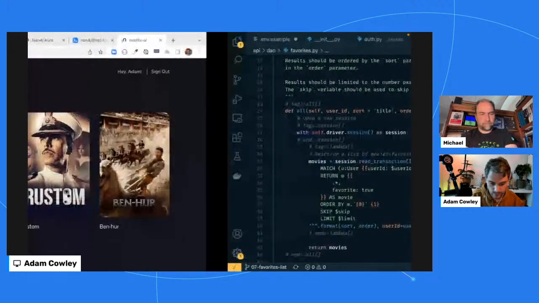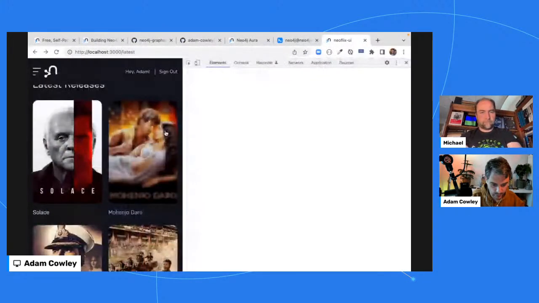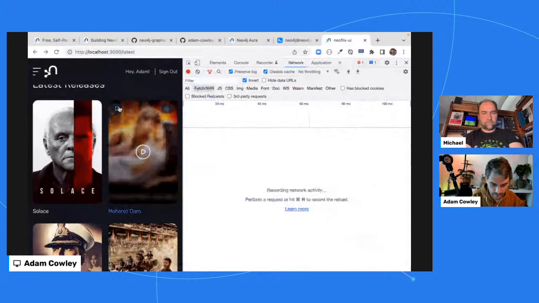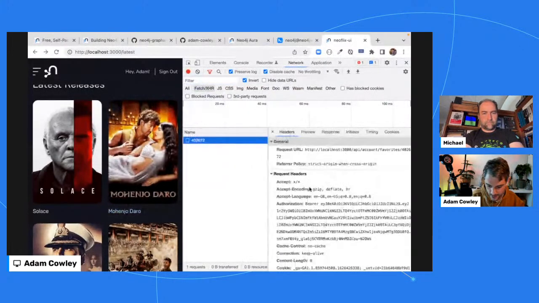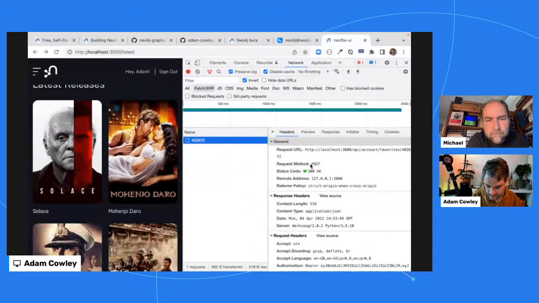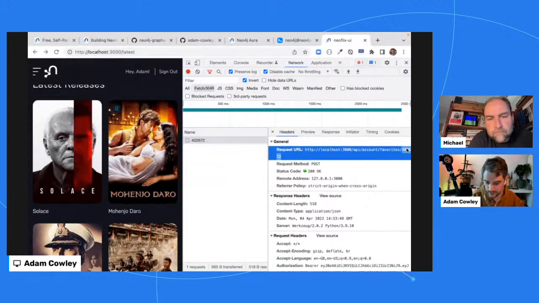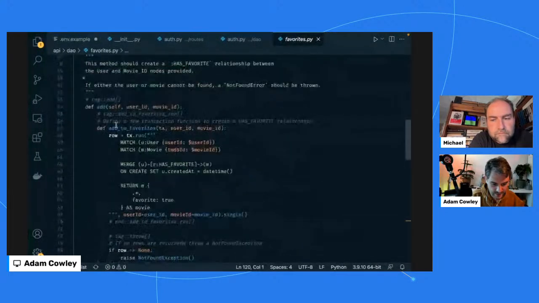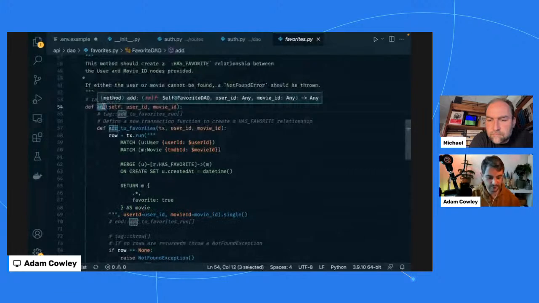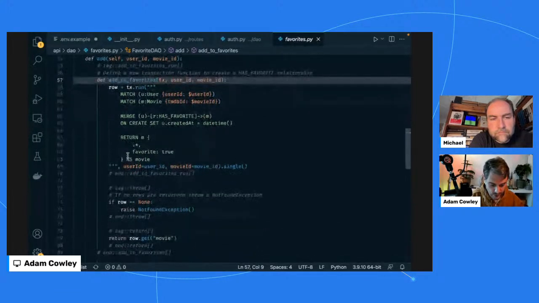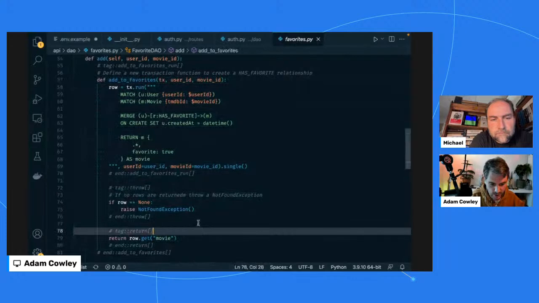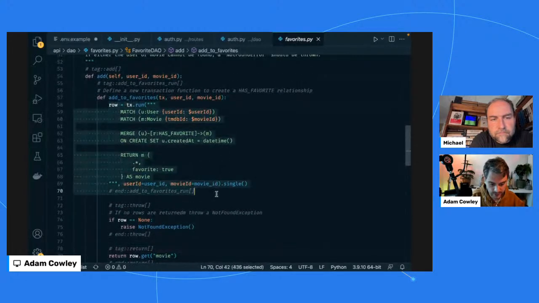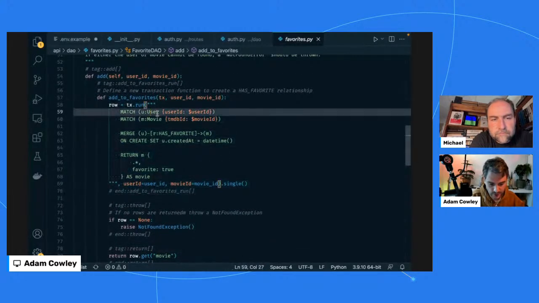Yep. So when I click the bookmark, if we go into the network tab, a POST request is sent to localhost 2000 API account favorites and then the movie ID. That goes through to the add method here. Again, we're doing exactly the same thing where we define a unit of work, which is this bit here. We run this function in order to get